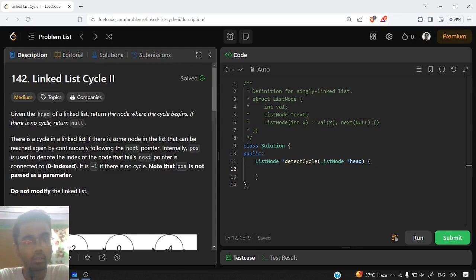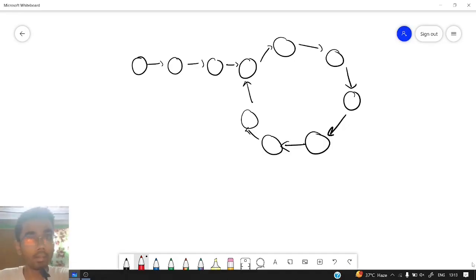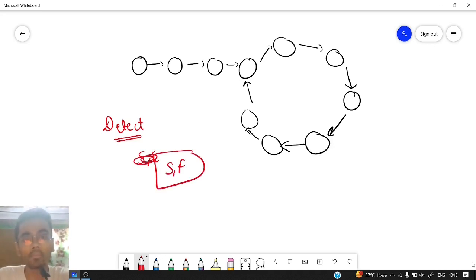So let us see the solution and how we can find some solution out of it. Let us see this example and try to find a solution. In the previous video we detected this cycle using the concept of slow pointer and fast pointer. First, in this question also we need to detect if there is a cycle or not, so we will use the same algorithm. If you want to know the proof of detecting the cycle, we have already discussed it in the previous video, so you can watch that.